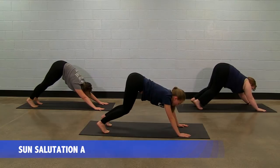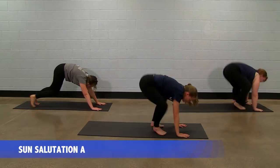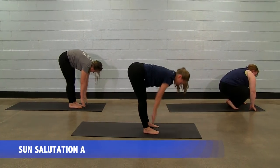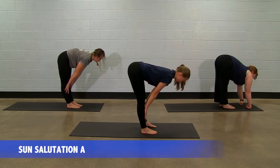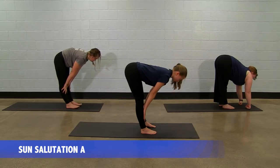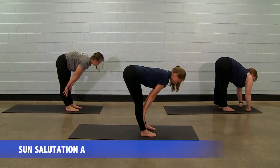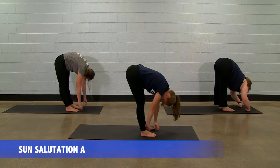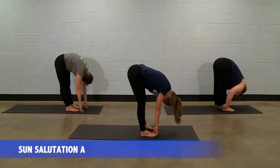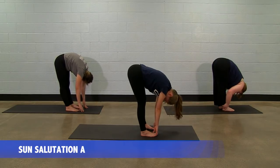Slight bend in the knees. Float or step your feet forward, half fold. So again, long spine, flat back. Engage those glutes and press or breathe into your hamstrings. Exhale into your full forward fold. Let that neck relax. And then awareness in the sacrum, the low back, round or hinge all the way up